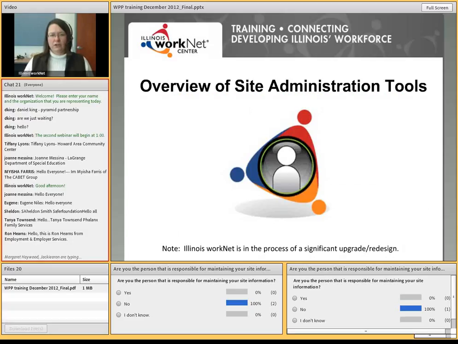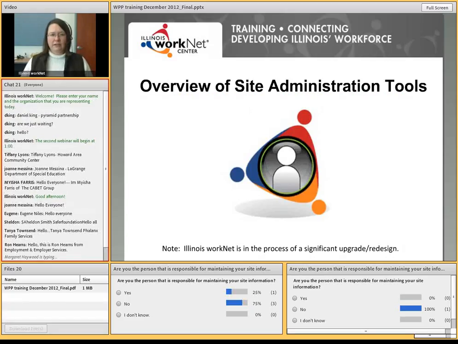So to get started, we're going to take a look at the tools in the site administration menu in your Workforce Partner account. Now, not everybody has access to these tools. You're going to learn more about that and who has access to the tools as we move forward. These are the tools that we have as of today,